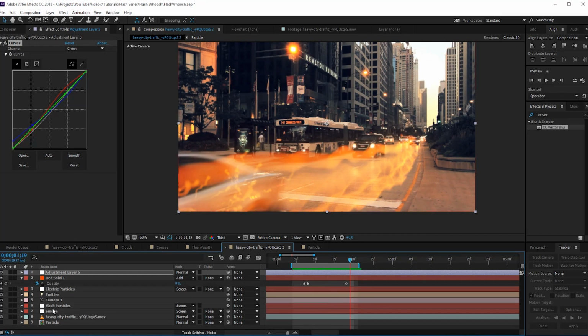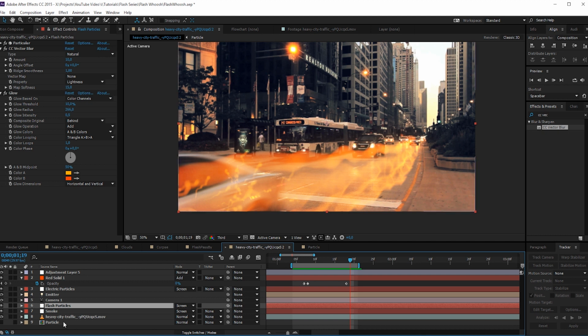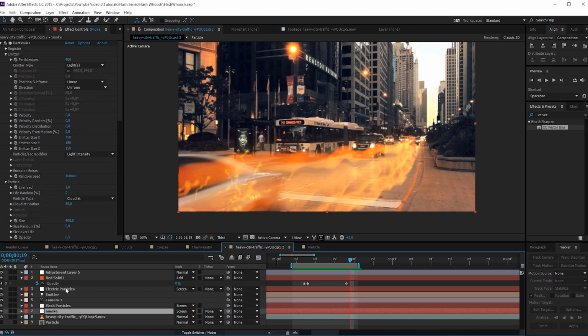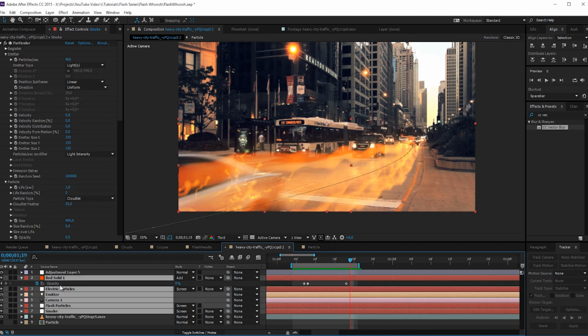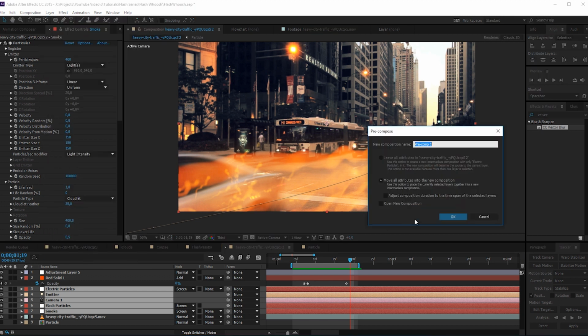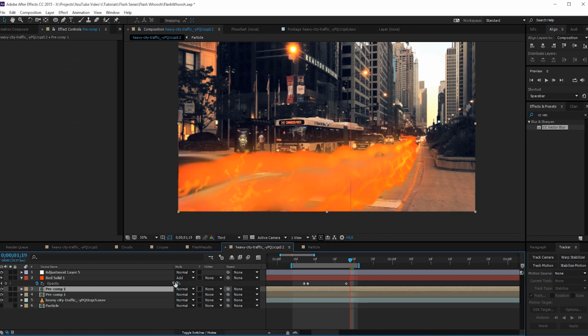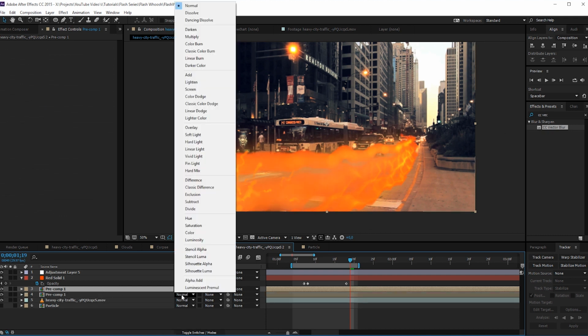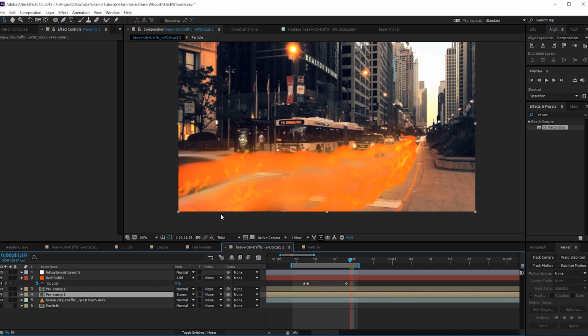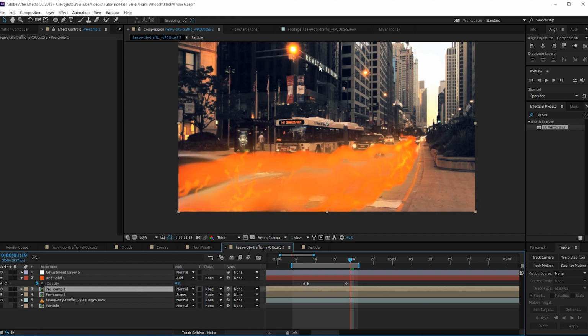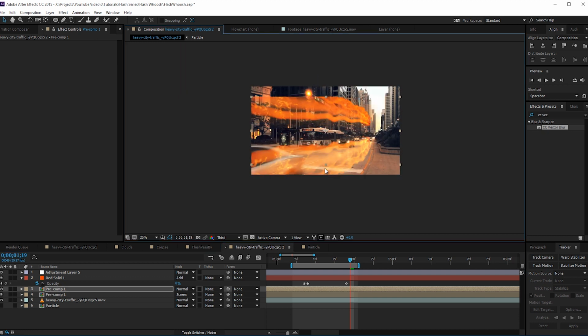So another thing you can do, once you have everything done here, is select everything from the particles. Well, not this one, just the particles, the emitter, the camera, and the other two particles, and go to Layer and Pre-compose these. Move all attributes, yes, and then duplicate this layer. You can change it to Screen,